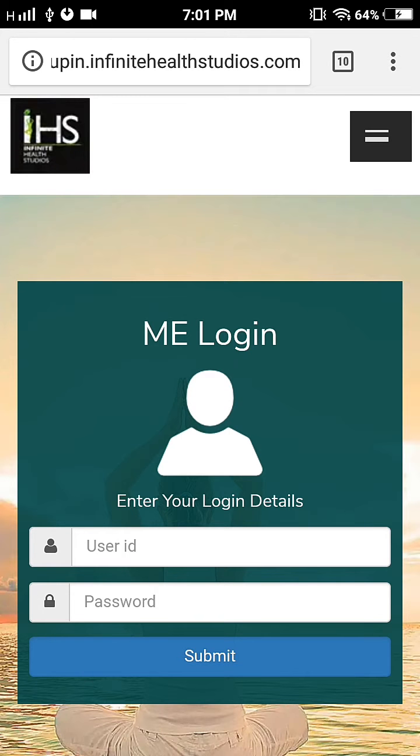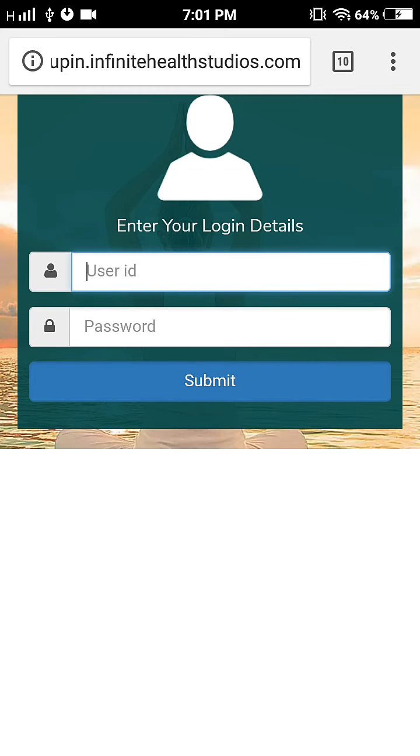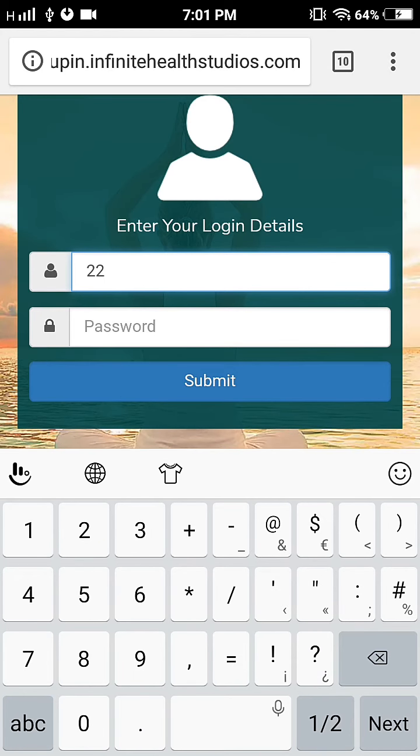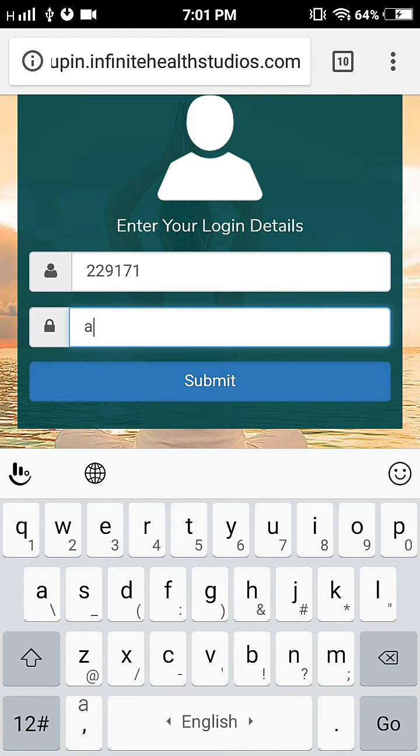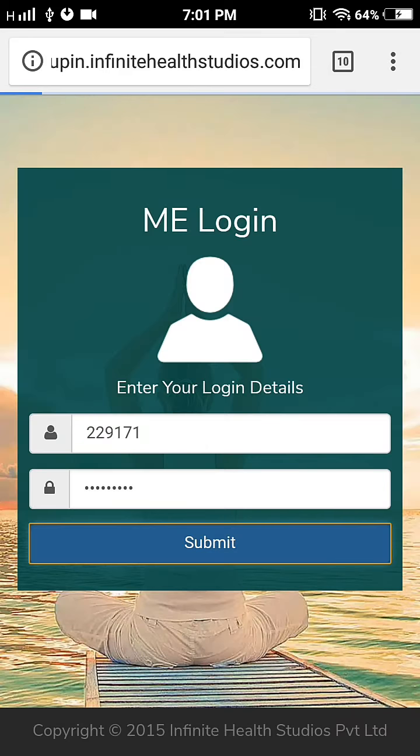So what you need to do is now put in your user ID and password. So what we have done is, we have kept your employee ID as your user ID and the password is Act on Fact, which is the currently universal password that has to be changed later on. Please do not change unless further directed. So making a random entry, put in your employee ID as the username, and as I said, Act on Fact in small letters is the password. Once you type in, click on submit.